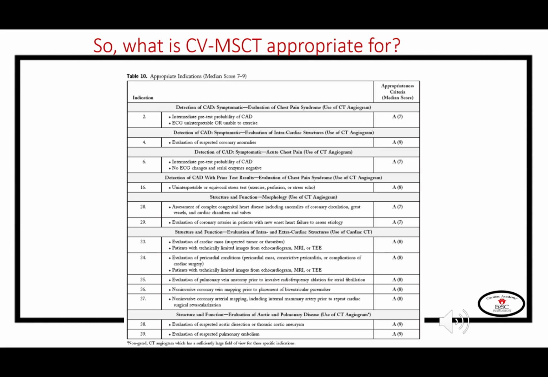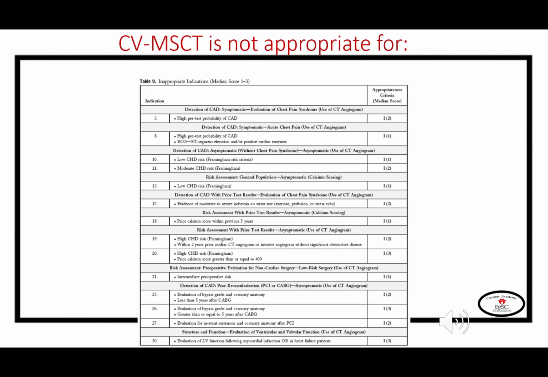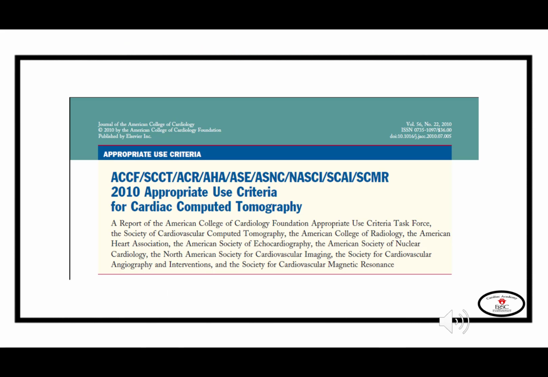This criteria included 13 indications in which cardiac CT was appropriate to be the imaging technique of choice, and there were other indications that were uncertain at this time, and some indications were inappropriate to use cardiac CT for. This was updated in 2010 by the same organizations,